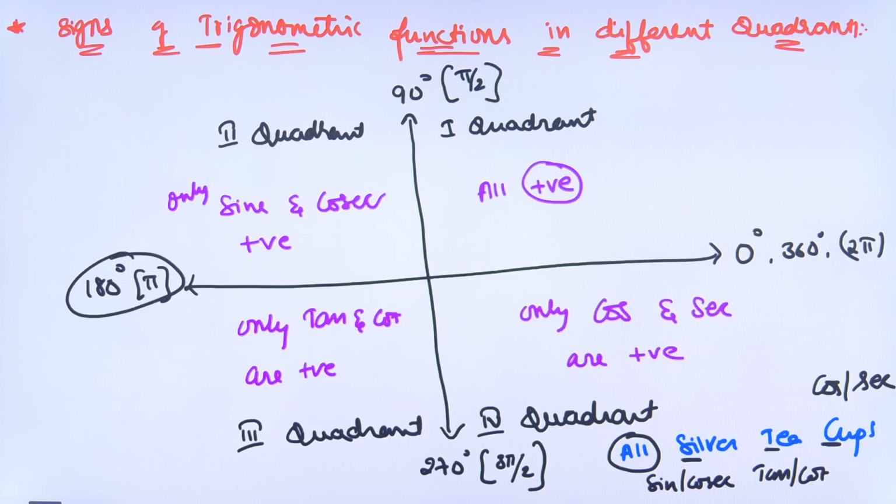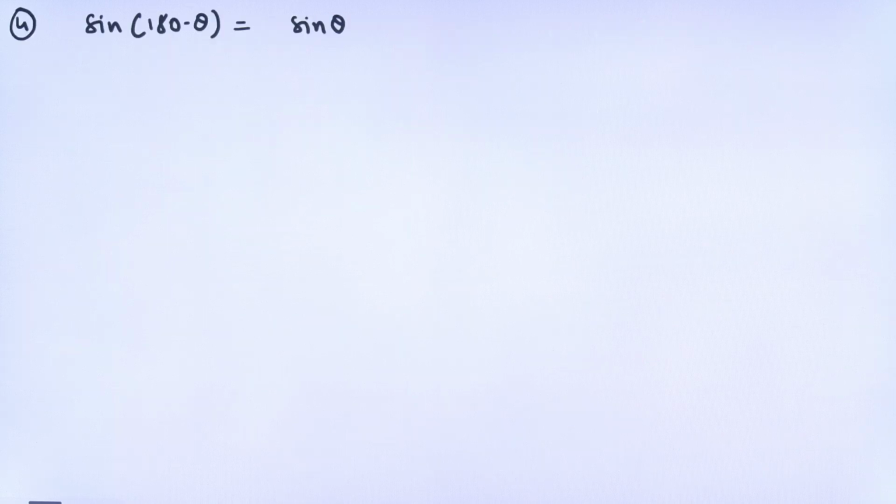This is 180, so minus means here. That means second quadrant. In the second quadrant, sine is positive. That's why here I should write plus sine theta. Okay, students, with this, right? So similarly,